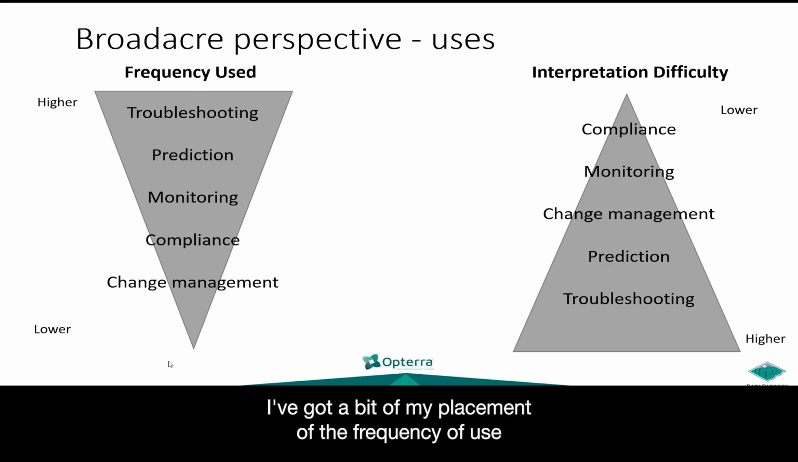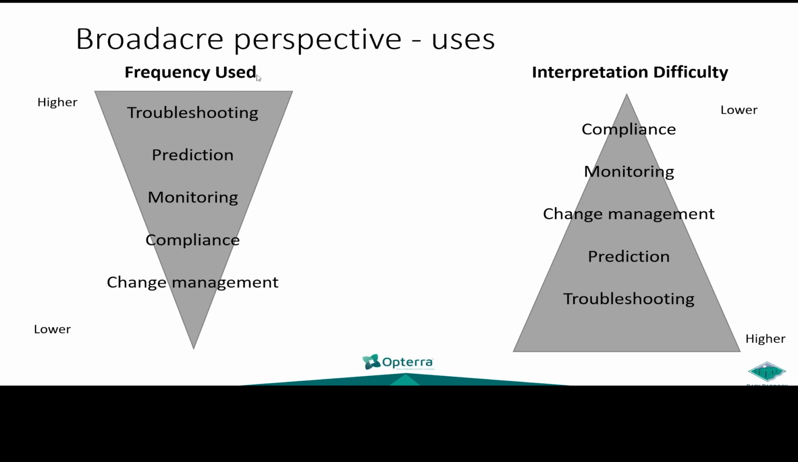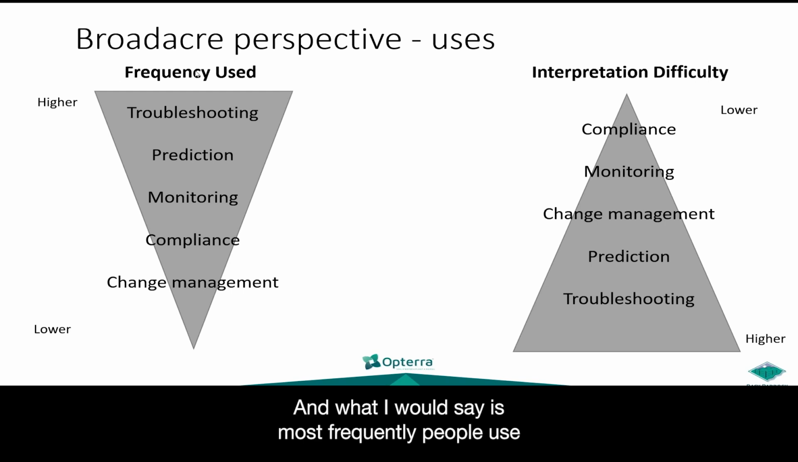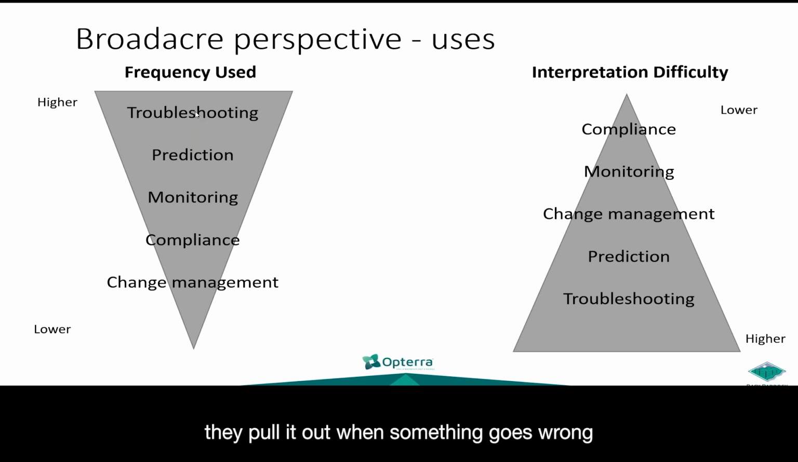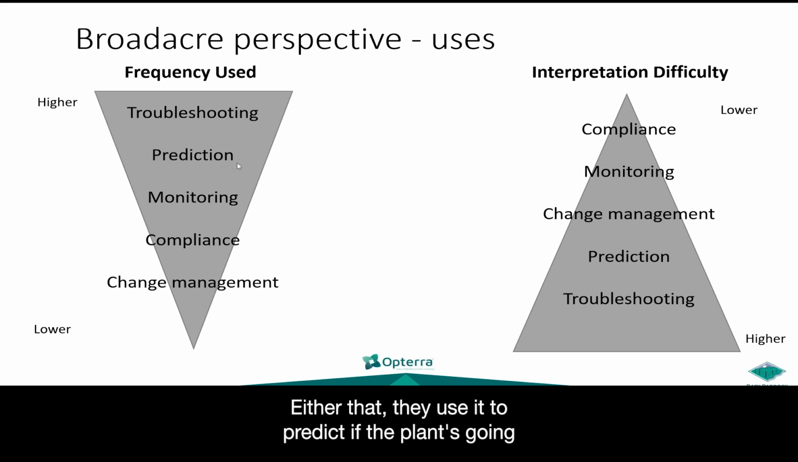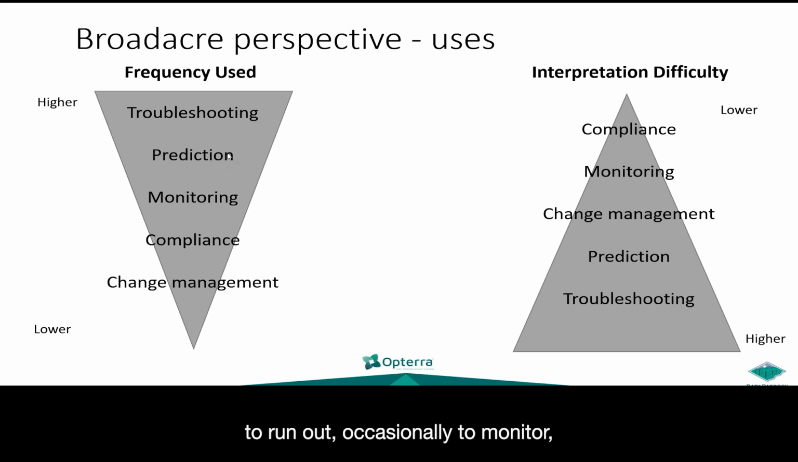I've got a bit of a placement of the frequency of use, and for people to use plant tissue in broadacre, and the interpretation difficulty. What I would say is most frequently people use plant tissue analysis when something goes wrong and something looks wrong in the plant, so they use it for troubleshooting. Either that, or they use it to predict if the plant's going to run out,